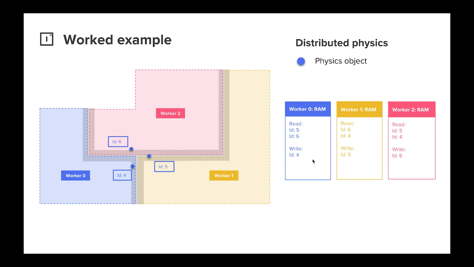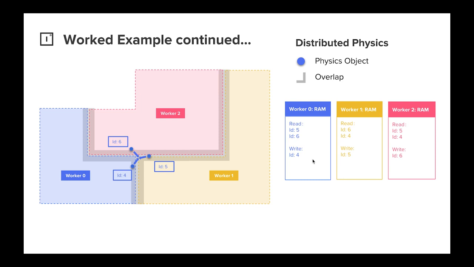Cool, so now that you understand how we move authority around in order to stitch the world together, let's talk about the hardest problem. The hardest problem that we've solved: distributed physics. So I've got what we think is the worst case scenario. We've got 3 entities, ID 4, 5, and 6, and they're each being simulated by a different physics engine. This could be Havok, this could be PhysX, each one could be an instance of Unity or Unreal using their implementations of PhysX. And the worst case scenario is that they all charge into the middle of the overlapping region and all collide.